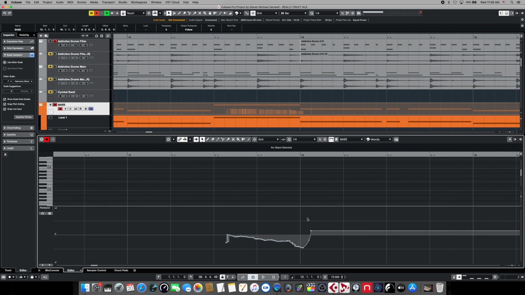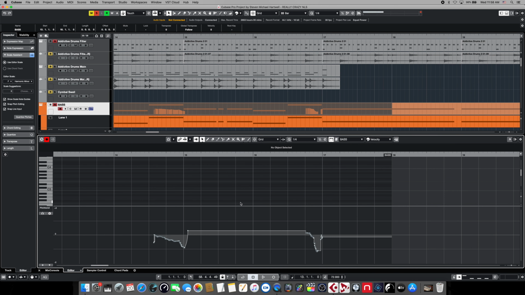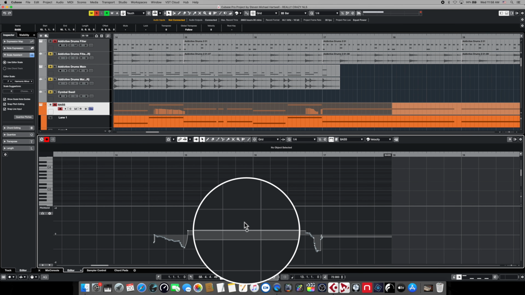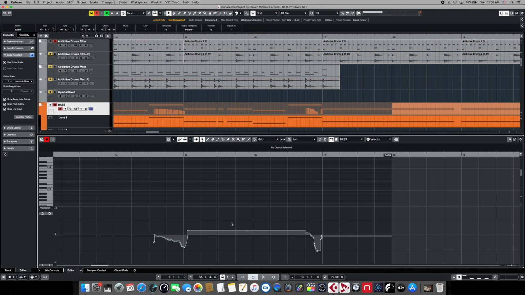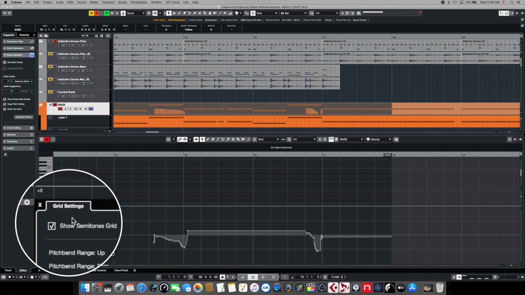That's pretty handy. One of the other big changes, as you can see here in our track, we didn't land squarely on the pitch. We actually kind of landed a little sharp. And that simply means that the controller on a MIDI controller maybe is a little off, or it's calibrated a little wrong, or the spring's getting loose or whatever, and we end up with a little bit of a sharp pitch right here. Well, now we can click our settings dialog, and we can click to show the semitones grid,